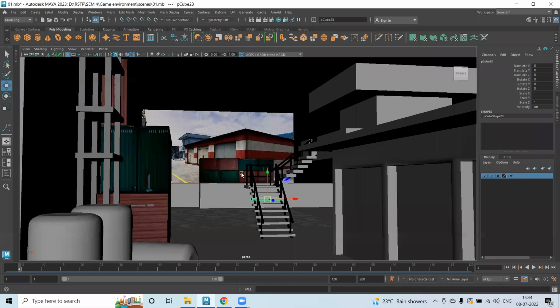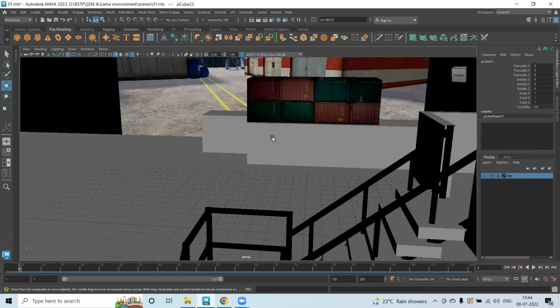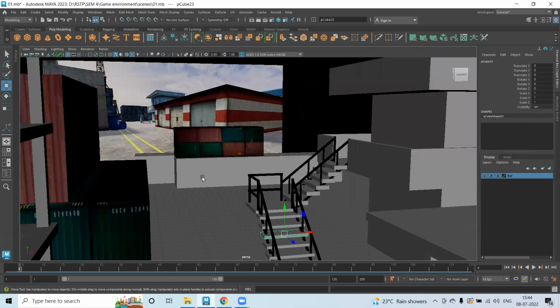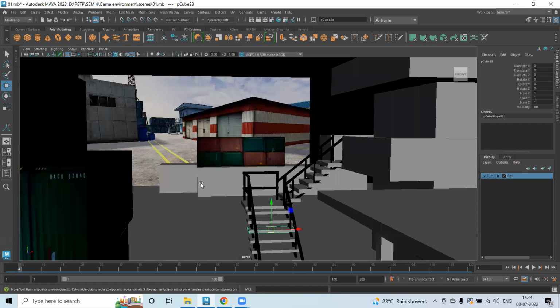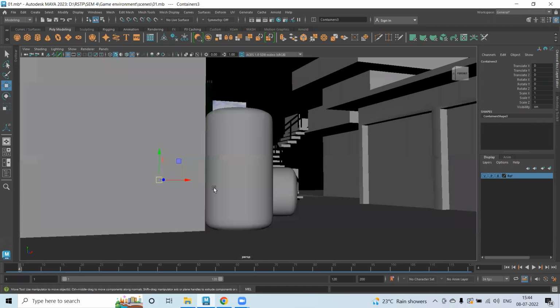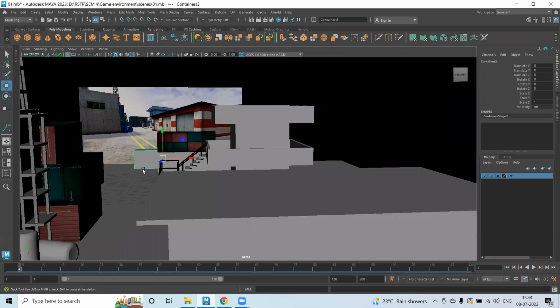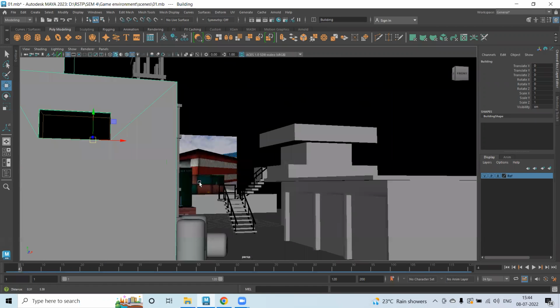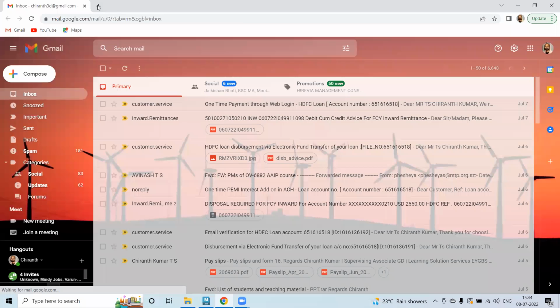So in the last class, we have done texturing for these containers. The remaining container and other building parts, let's do the texturing today. So this is a metal piece again. What I'll do is search for the metal